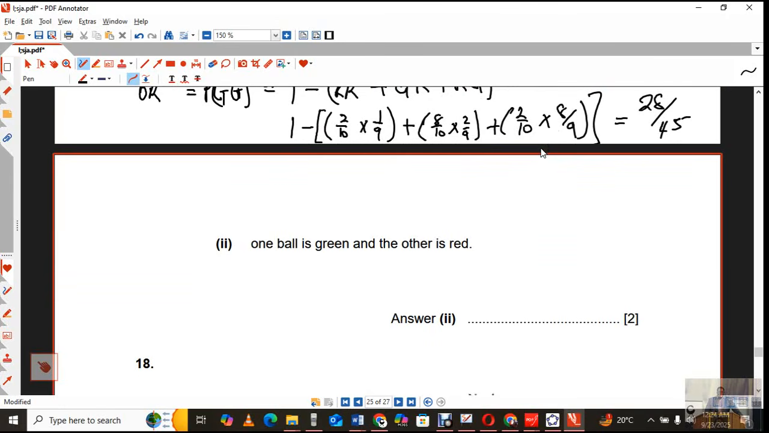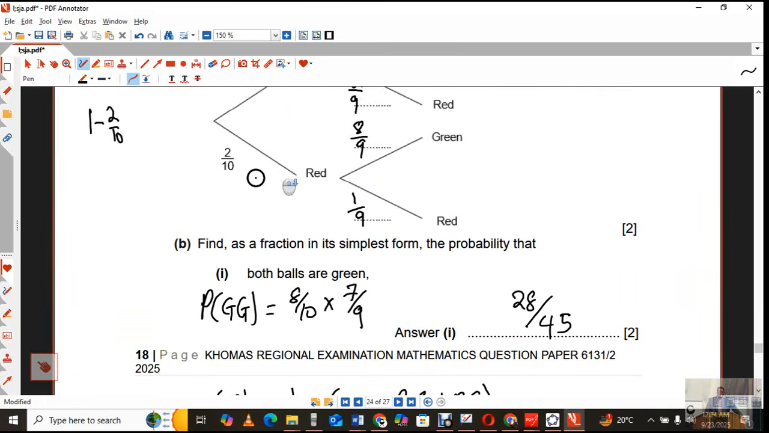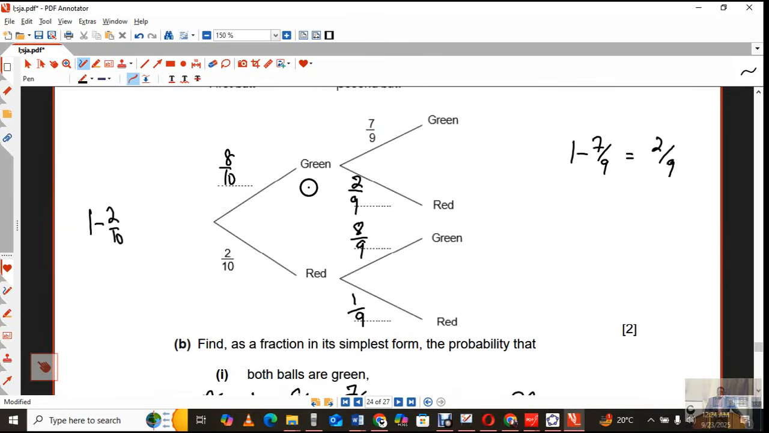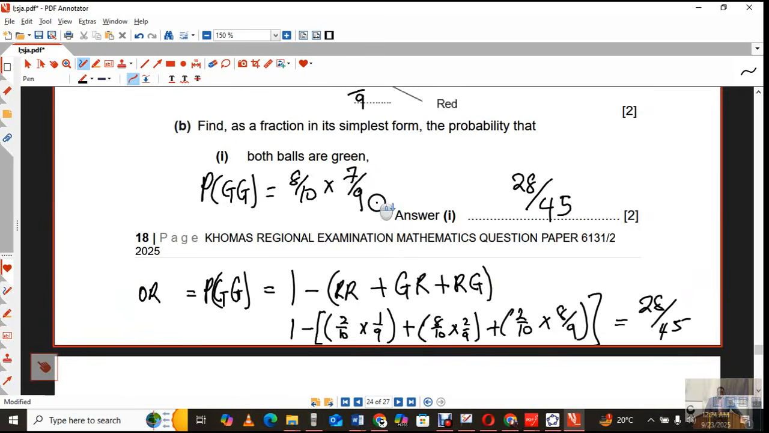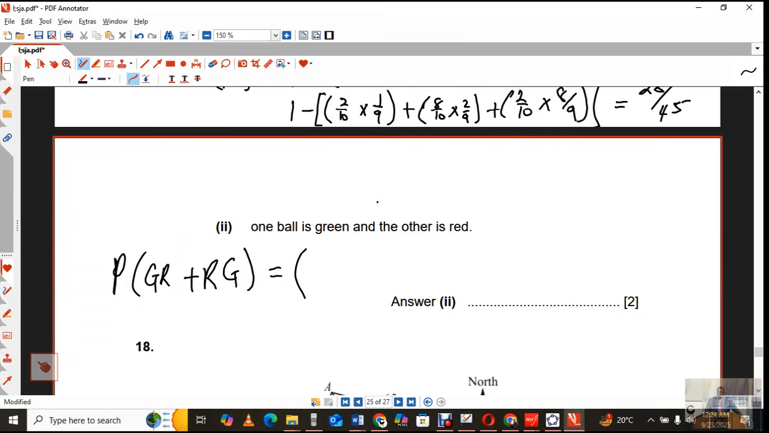What is the probability that one ball is green and the other one is red? Well, that's like a mixture now that you are looking for. So you are looking for probability that you have a green and a red plus a red and a green. Okay, so let's see what is green and red. So green and red is 8 over 10 times 2 over 9. Okay, just gonna write that down. 8 over 10